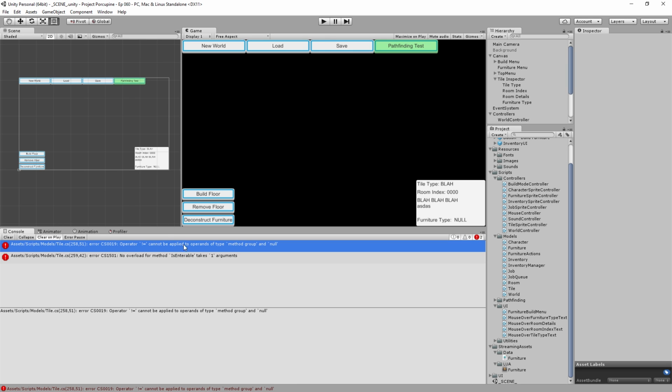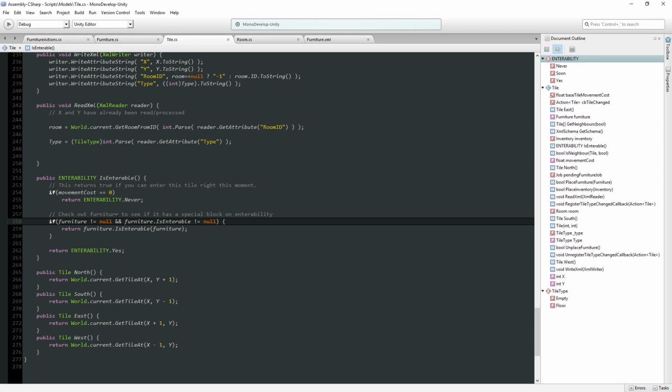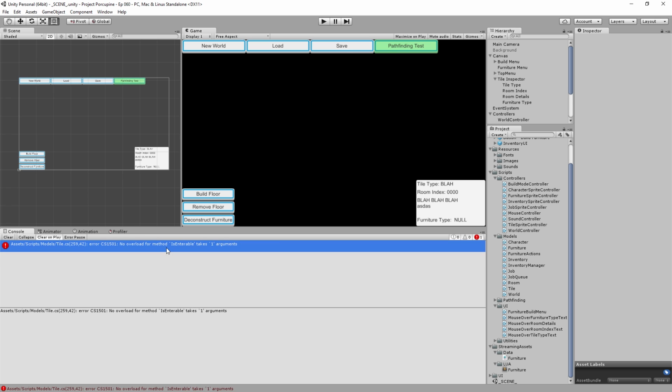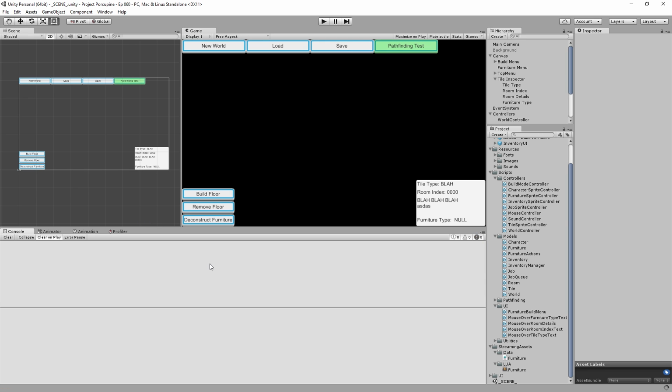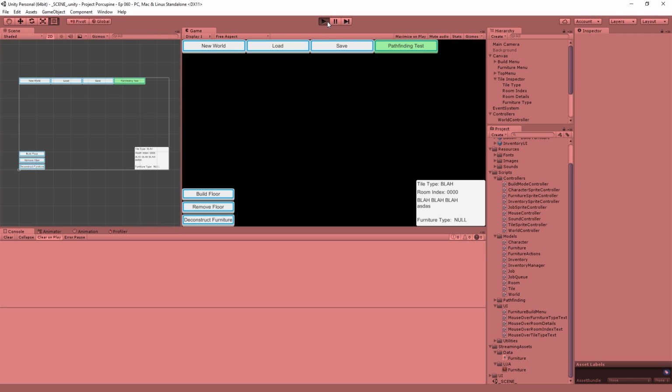Oh, yeah, that'll never be null, because now it's a function, so that's okay. So now we say if the furniture is not equal to null, we call their isEnterable and return that. And no overload method for isEnterable takes something. Oh yes, we don't have to pass furniture to it. We just do this. Okay, so we hit play,